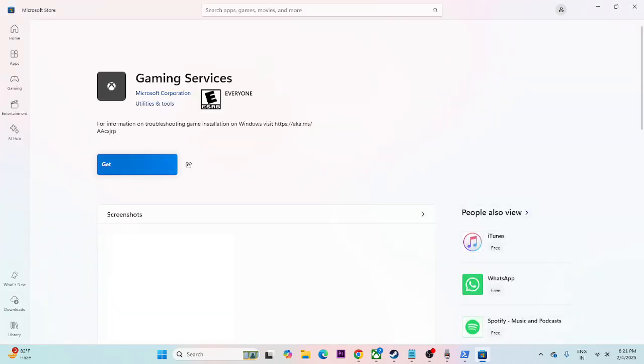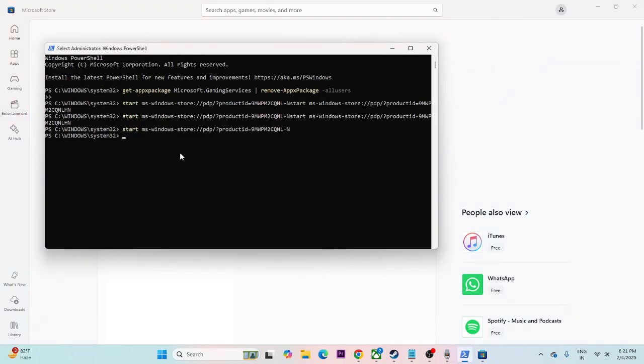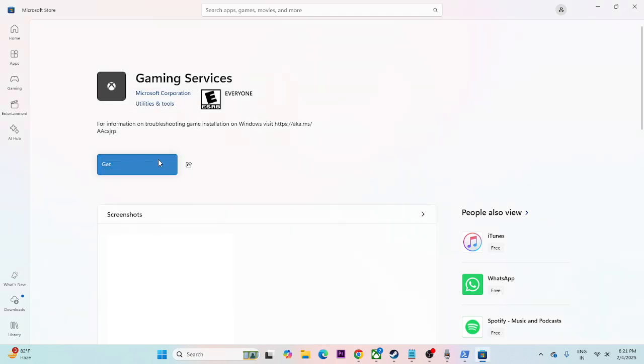As you can see, when I paste these commands to the PowerShell, the first command uninstalled the gaming service, and now I'm going to paste another command which is going to install it. So I have to click on Get, which means I have to download this gaming service on my PC. Afterwards, I have to check with my Minecraft whether I'm able to play or I'm going through any kind of issue. If you're still having an issue with the Xbox app over here,